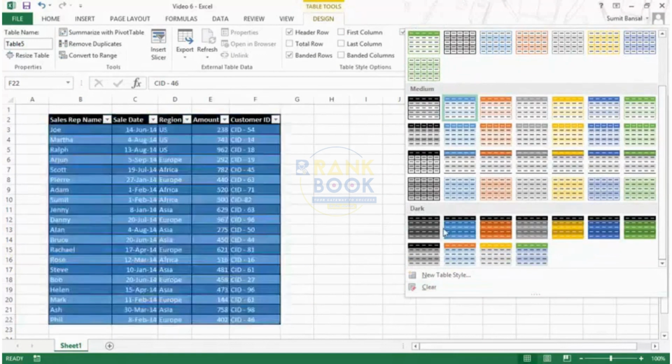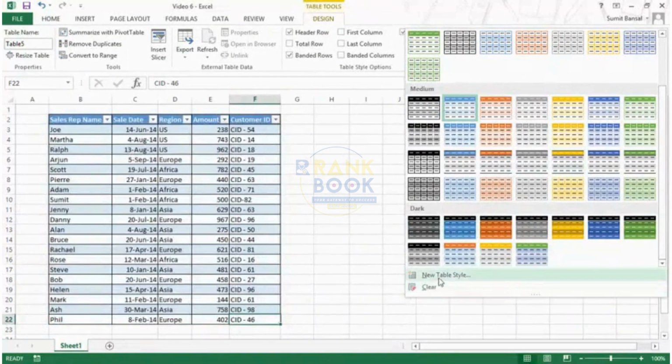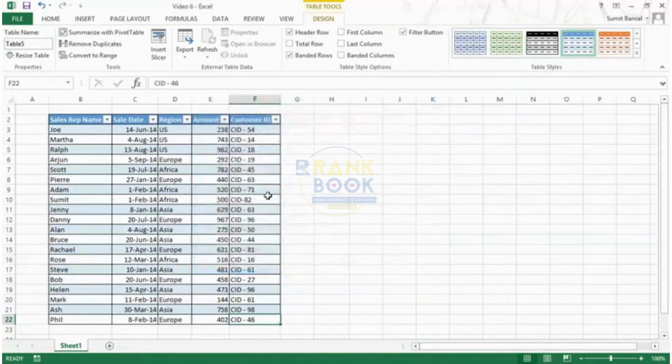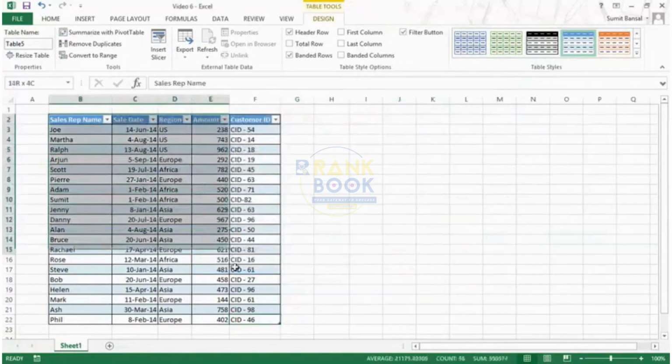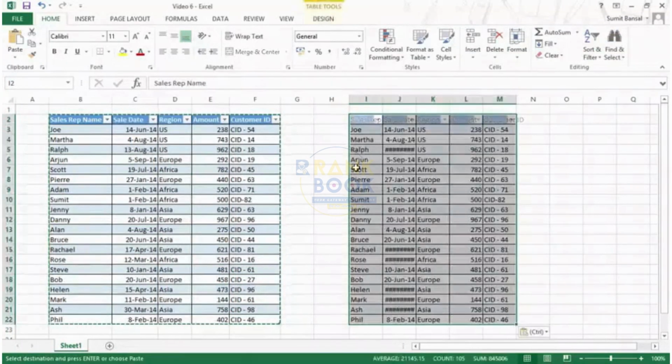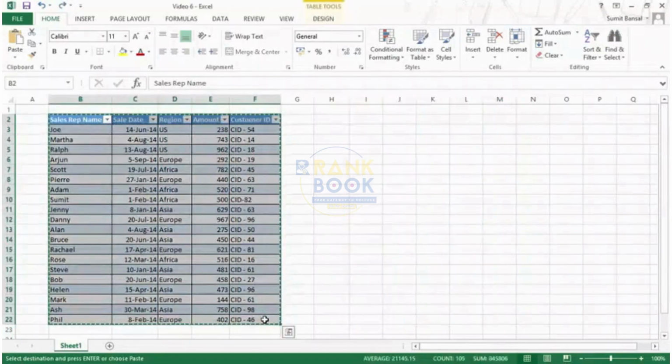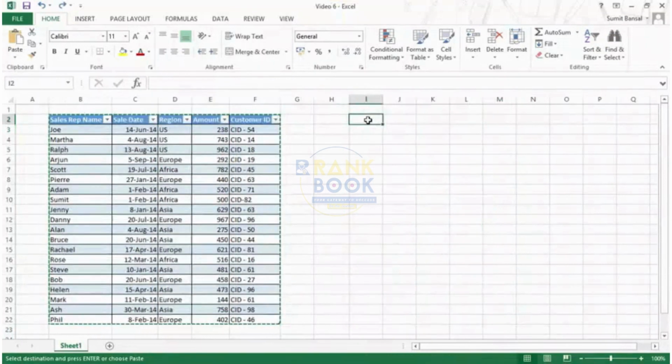If you do not like the styling options available by default, you can also go to new table styles and create your own style. If you want to copy or move this table, then you can simply just go Control C, go to the destination cell and paste this. Similarly, if you want to cut and paste it, you can do this by Control X and Control V, and